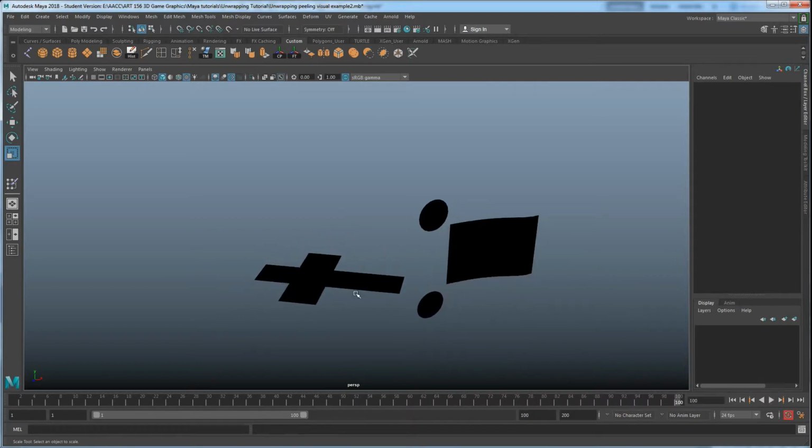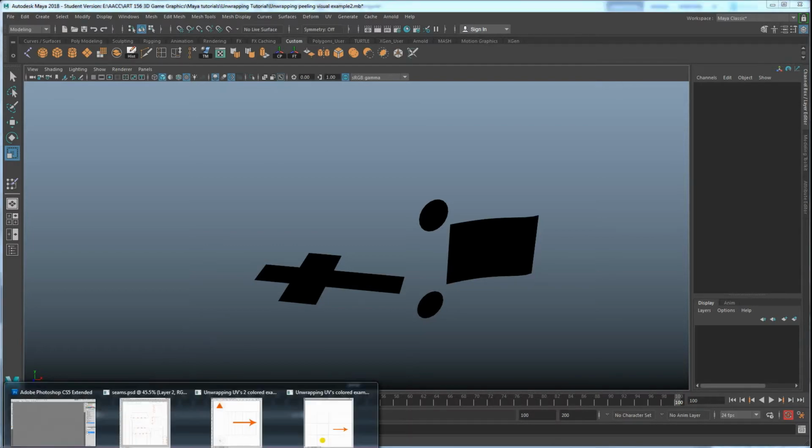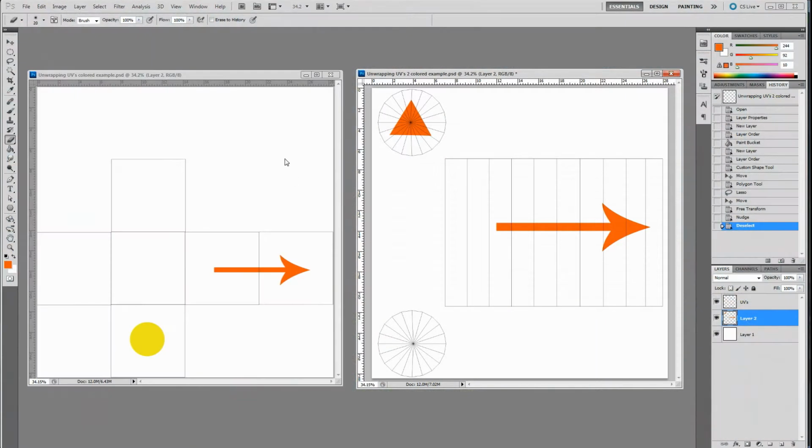And so once you've peeled apart these pieces, you'll get UV coordinates, I guess. So what they look like is, if we pull them up in Photoshop, you can see that it peels off, and that's the same pattern that we just peeled off for the square, and that's the same pattern we peeled off for the cylinder as well. So I painted these on here, and because I've painted them on here